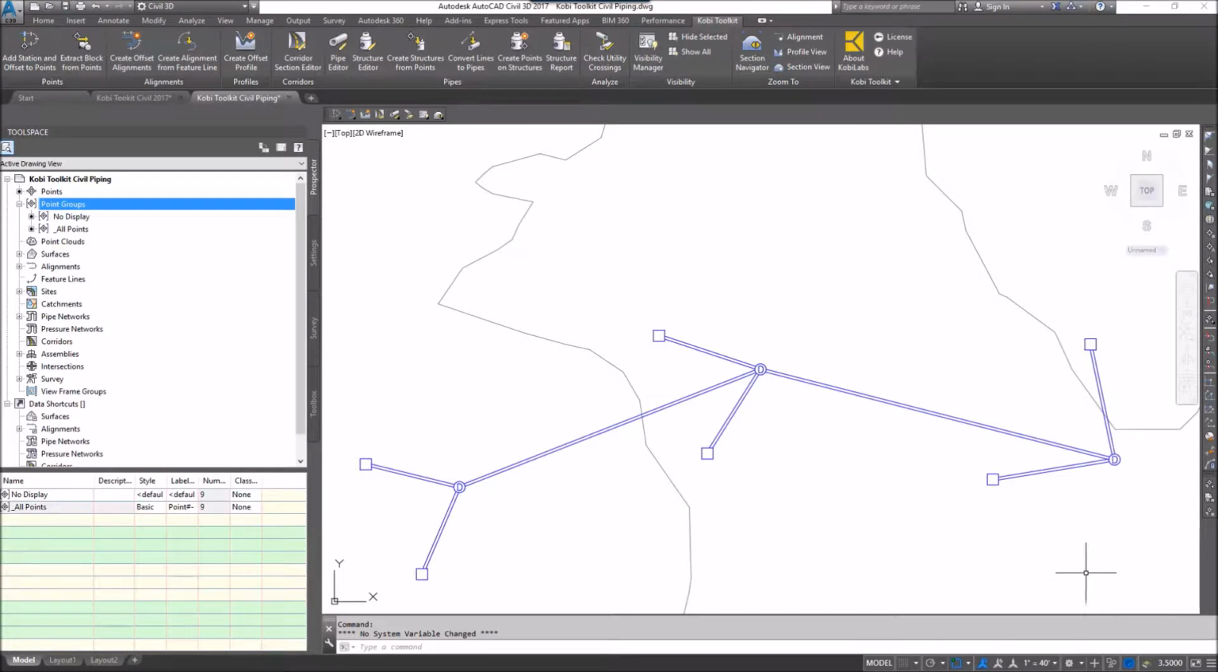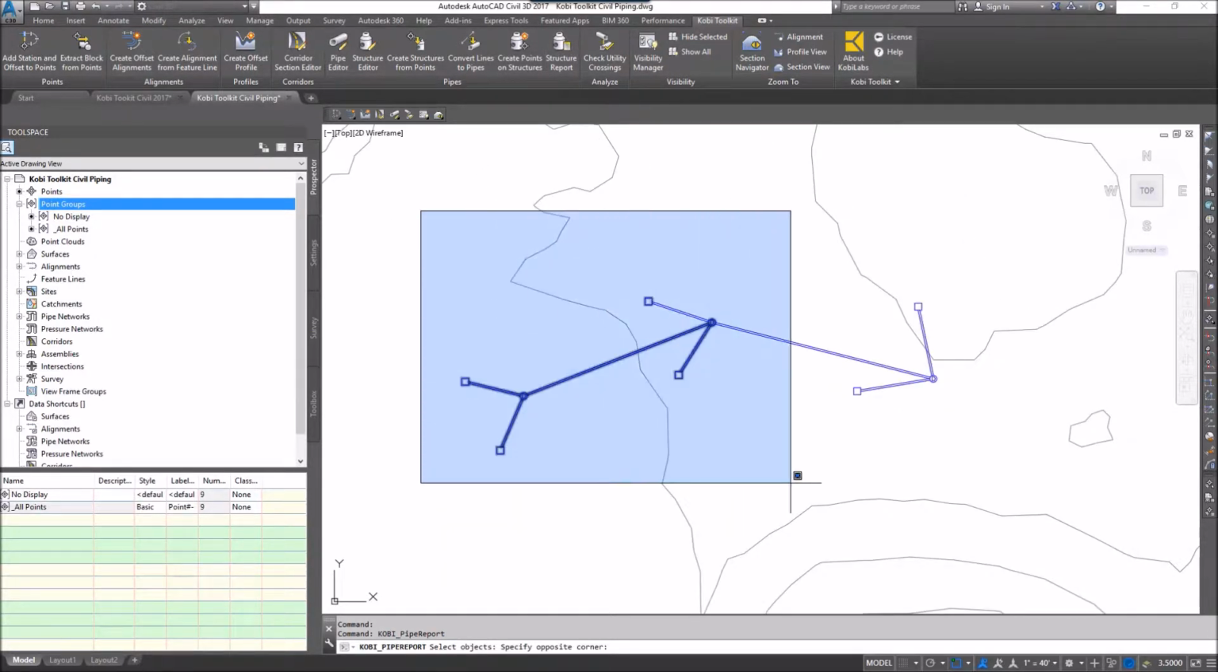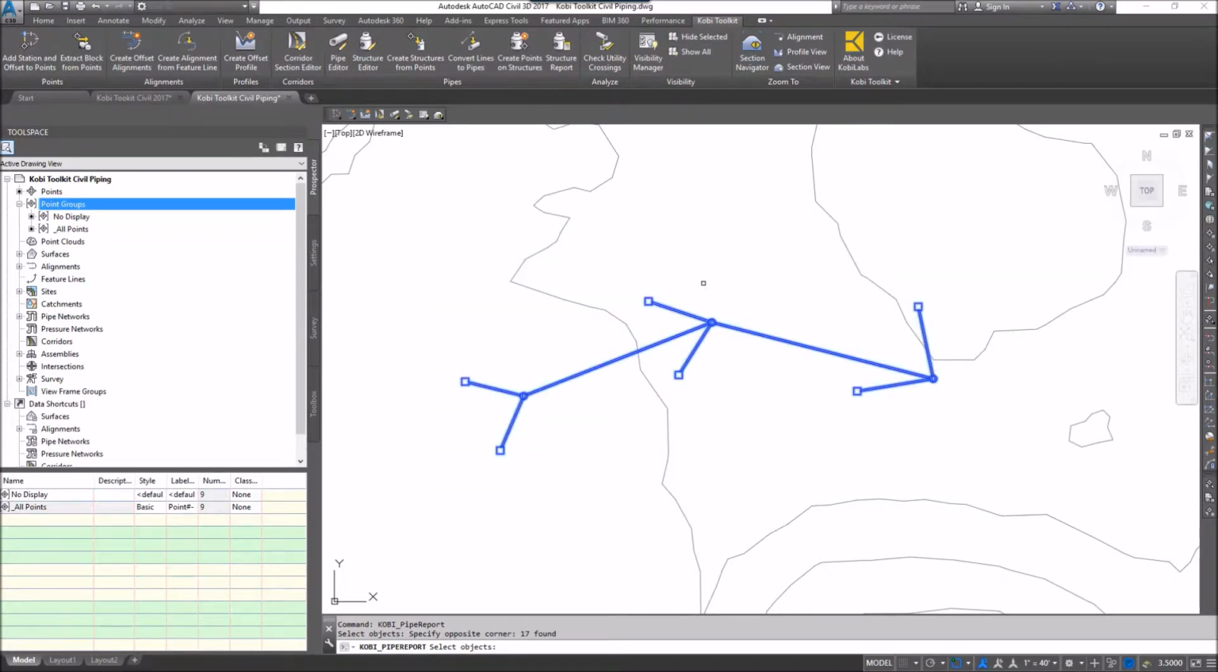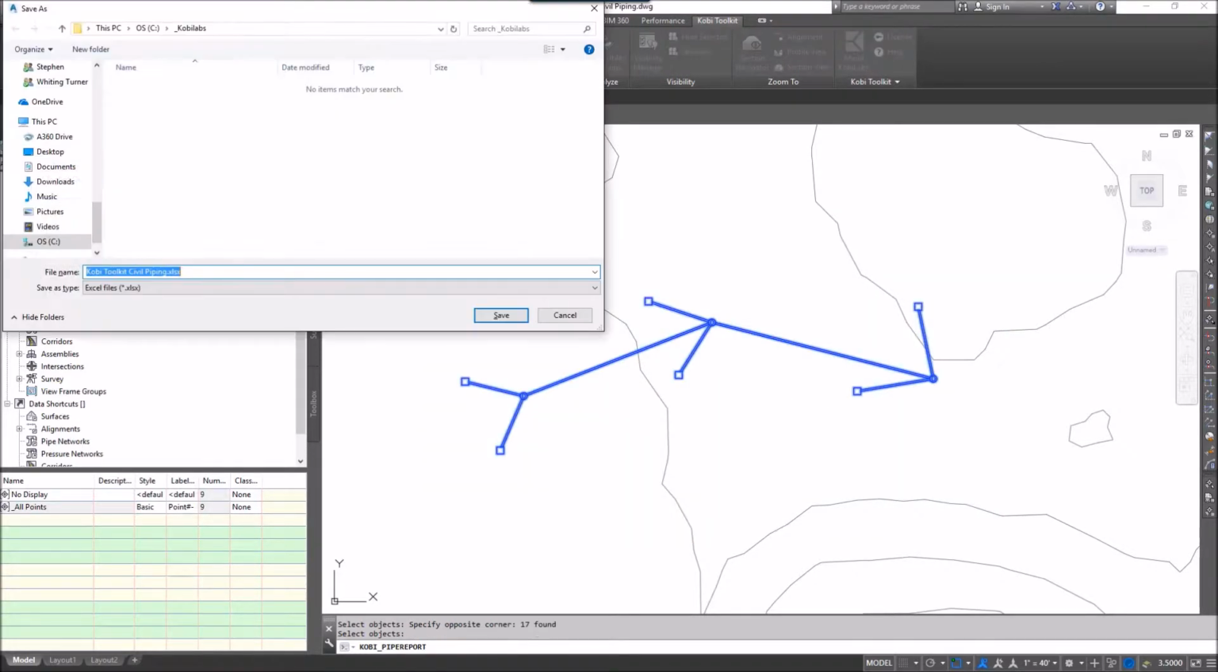To demonstrate this, I'm going to come up here to the Kobe Toolkit ribbon. I'm going to go to the Pipes panel, and I'm going to select Structure Report. At the command line it says select your objects, so I'm going to select all my objects here, and I'm going to press enter. It's going to ask me where I want to save it, and so I'm going to